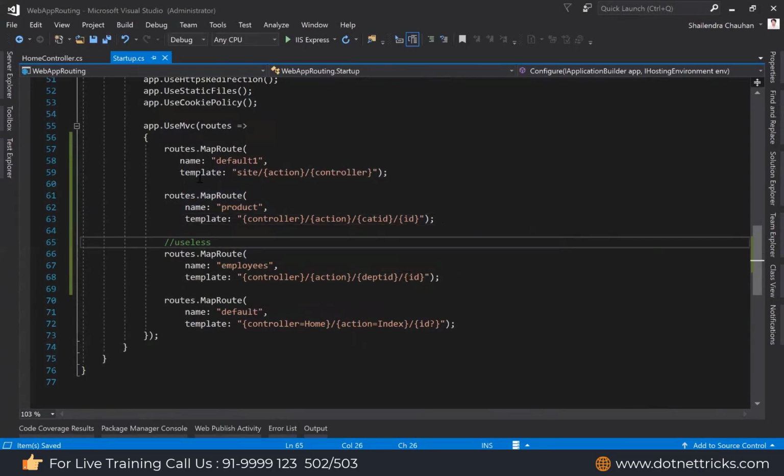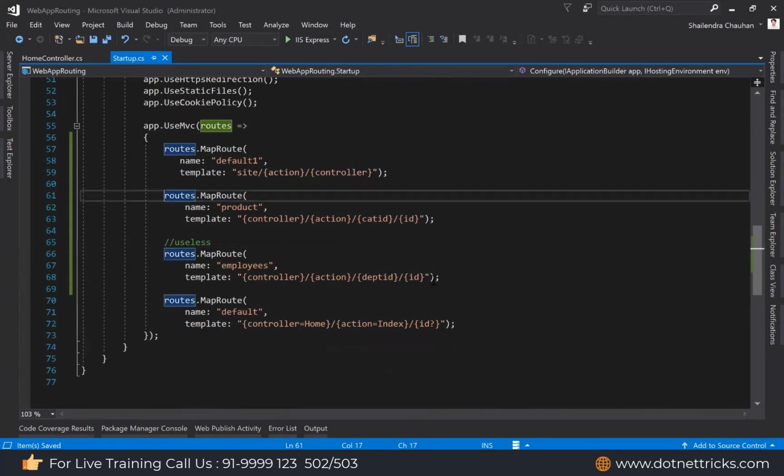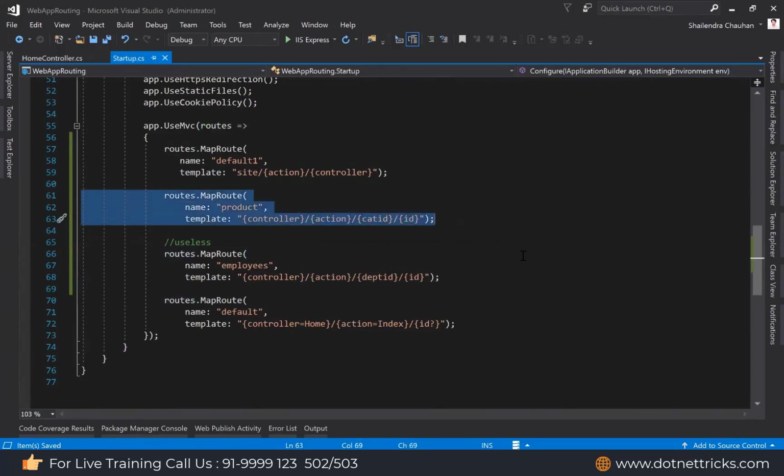But if you see, in the default one route we have three mandatory parameters, and in the default route we have two mandatory parameters and the third is optional. So far, all the routes have different templates, but now these two routes have the same template. So every time, whatever request you try to access by passing the four mandatory parameters, it will be served as per the product template, not as per the employees template.